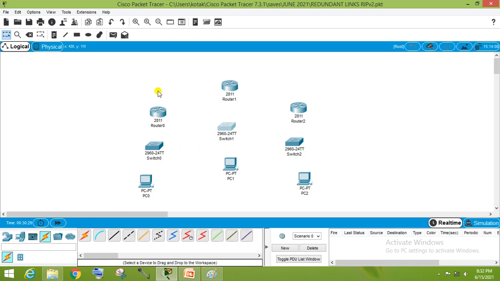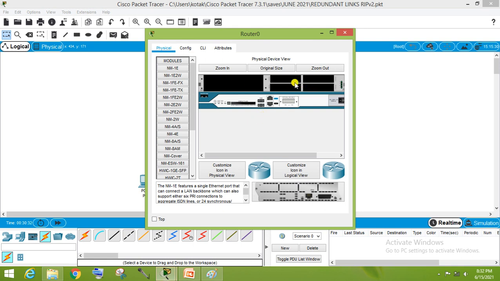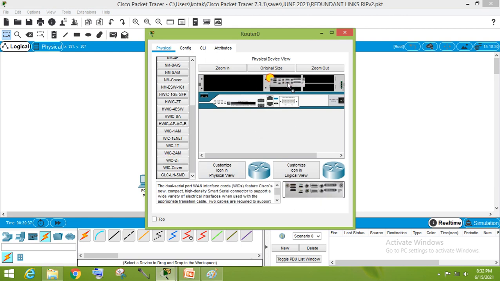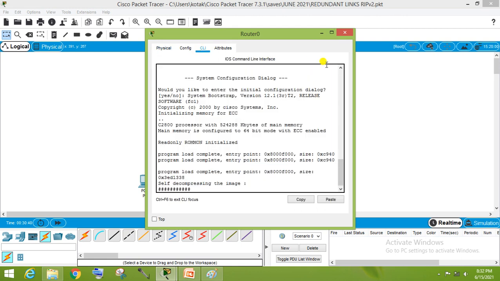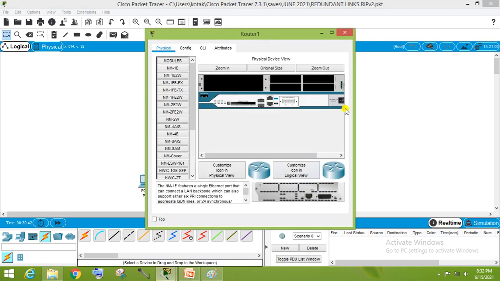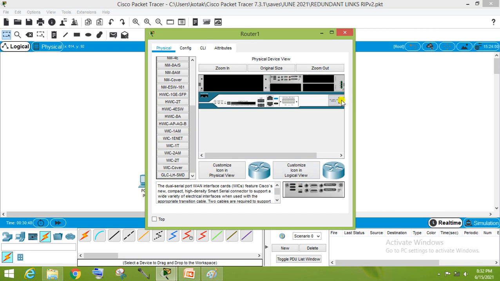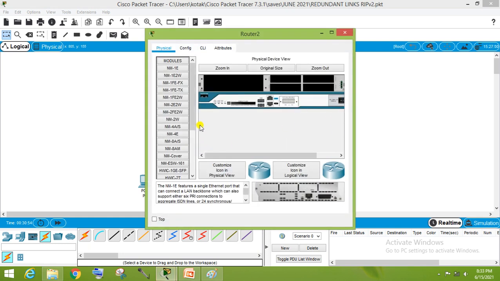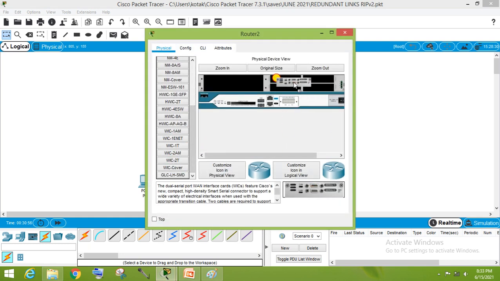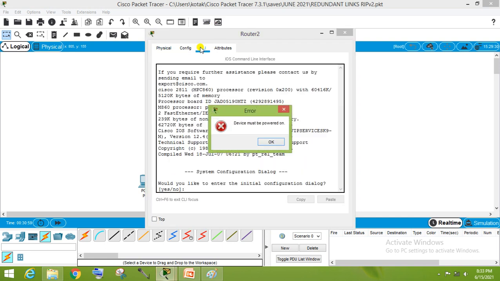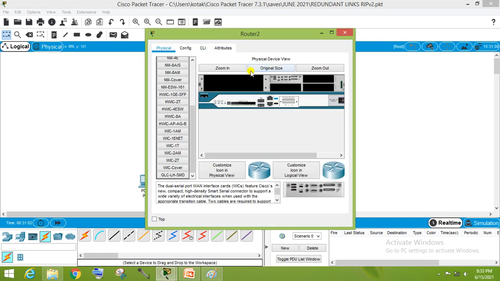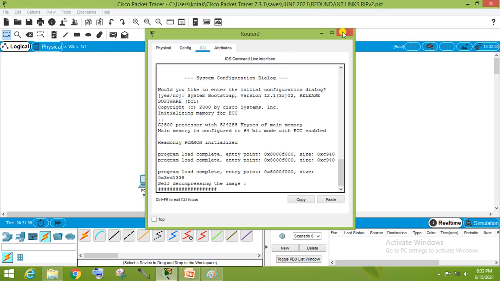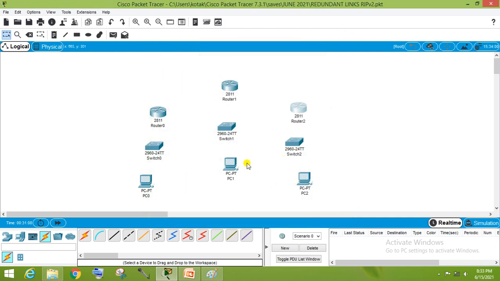Before connecting, first I want to check the interfaces. There is no serial interface, so first we add the module of the serial interface. The router is powered on.